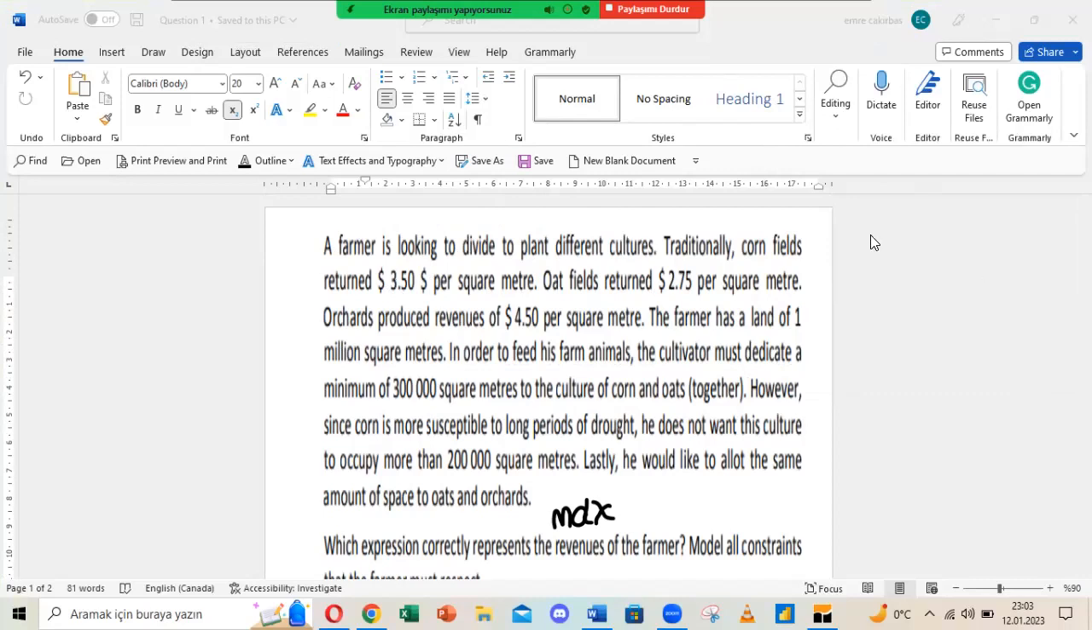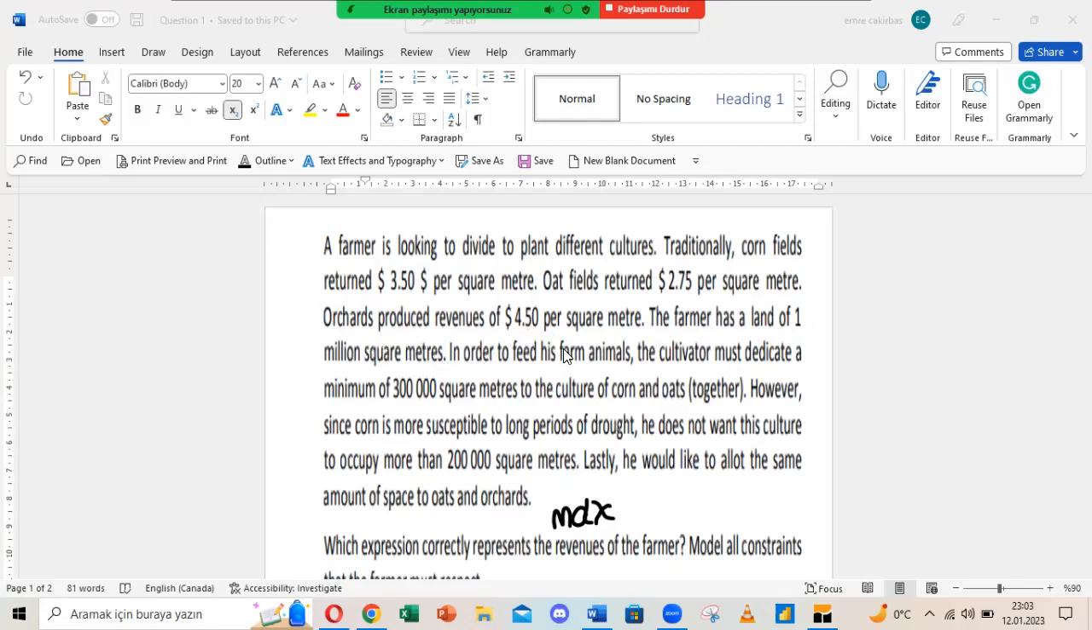A farmer is looking to divide the land to plant different cultures. Traditionally, cornfields returned 3.5 per square meter. Oat fields returned 2.75 per square meter. Orchards produced revenues of 4.5 per square meter. The farmer has a land of 1 million square